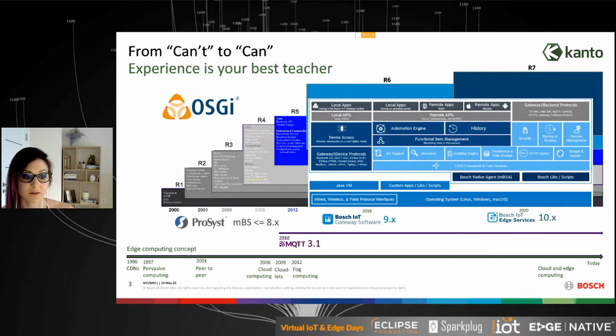If you see the trend in the green in the lower part, the edge computing concept evolved along the way. And it's no secret why. For example, you can see MQTT going public and available in 2010.